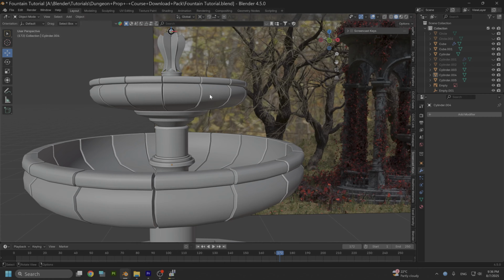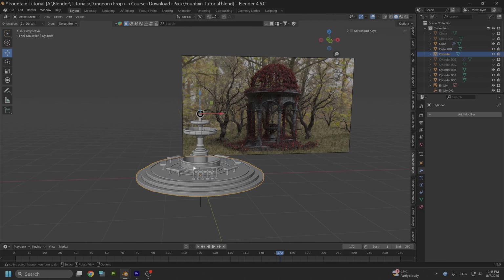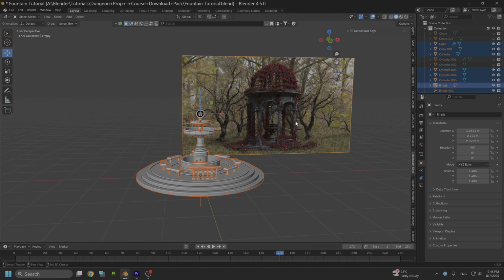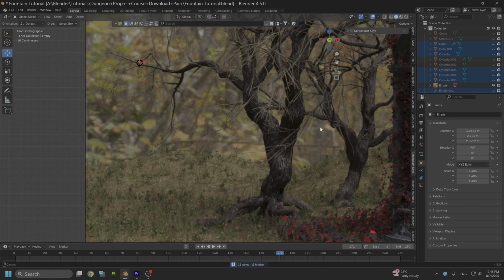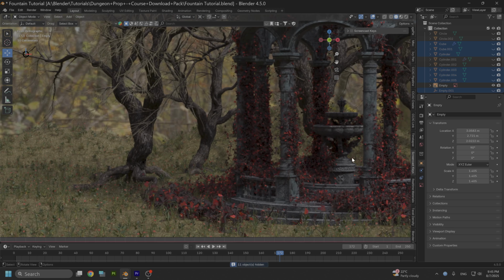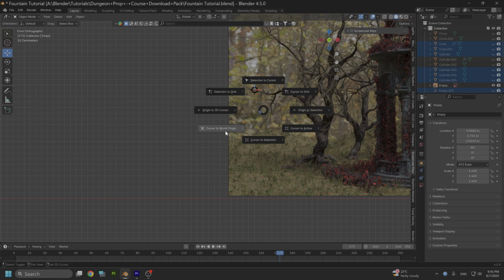Okay, so let's continue to the other part. Now select all, deselect the reference photo and hide everything. Now let's move cursor to selection, cursor to world origin, and now we're going to add